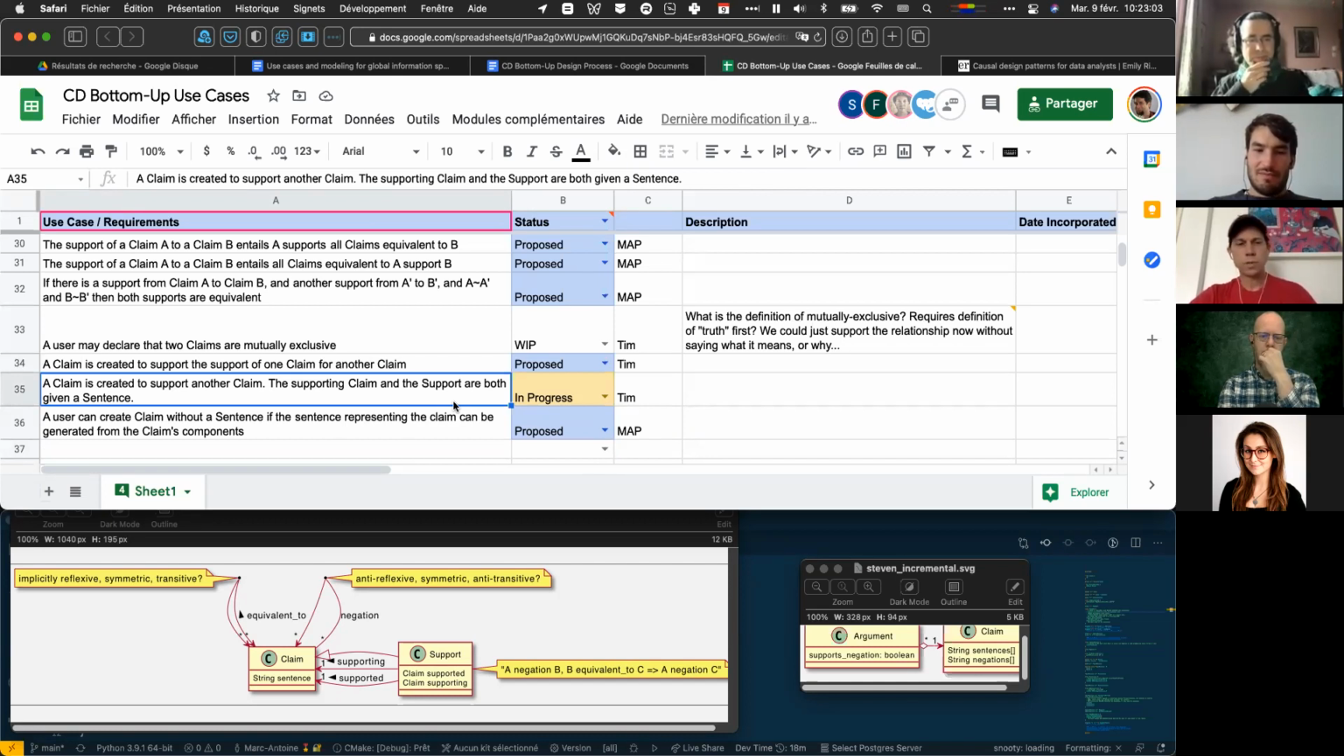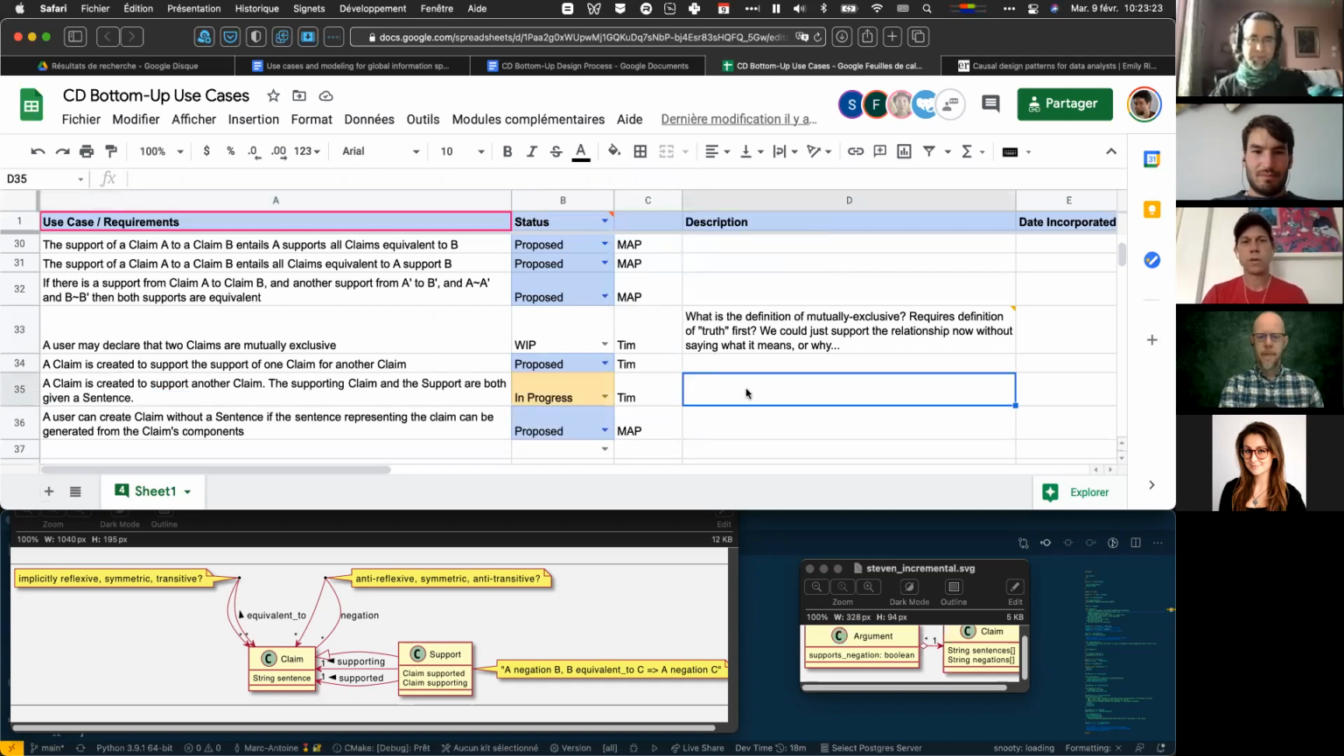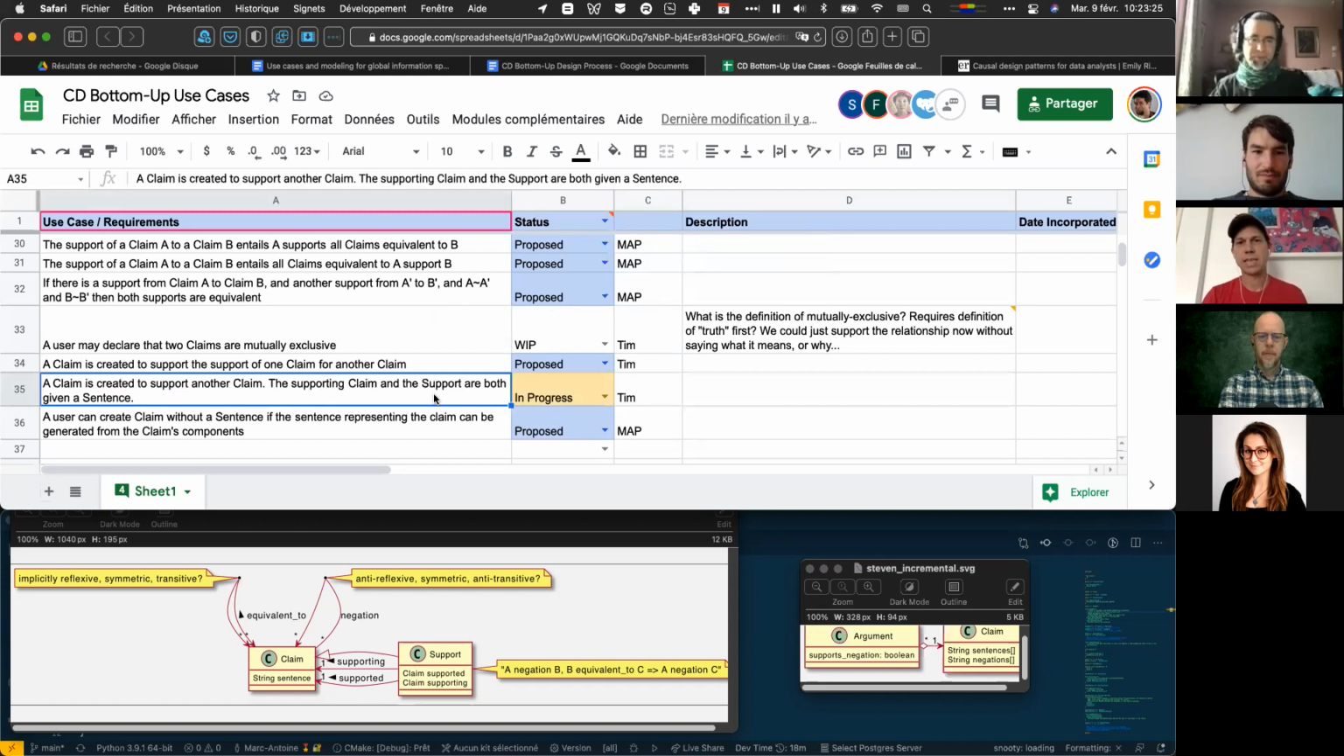Well, I would do, like I said, a separate use case, which is we just said that they can have separate sentences, right? Which means the support can have a sentence. Then there would be a use case that is a user views a support that does not have a sentence, but they are presented with text generated from the